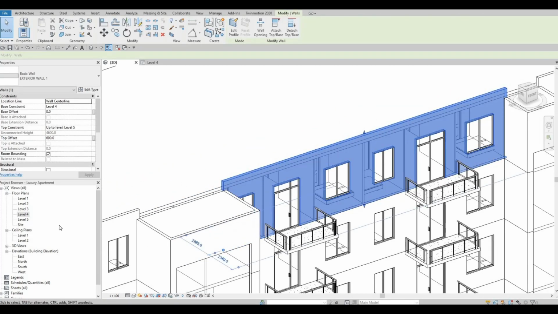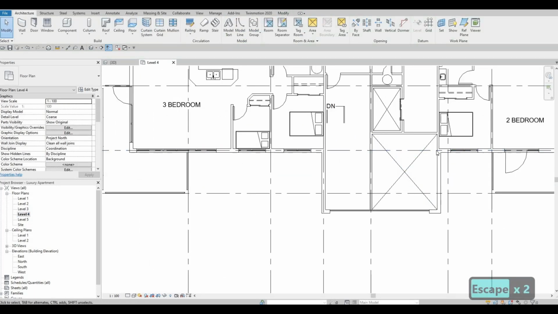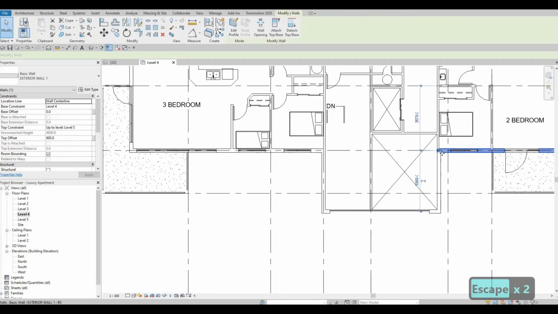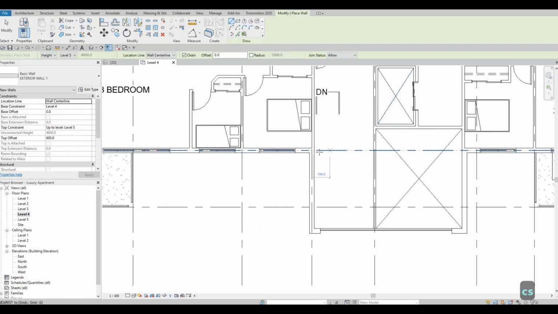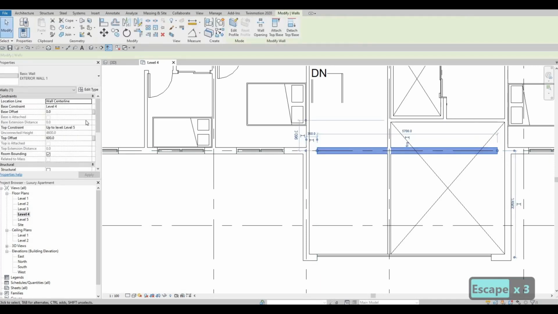We need to add in an exterior wall. So let's go to level 4, and then here select this wall, which is exterior wall number 1, CS. Don't put it or don't connect it yet. What I'm gonna do is select that, and we're gonna base offset this